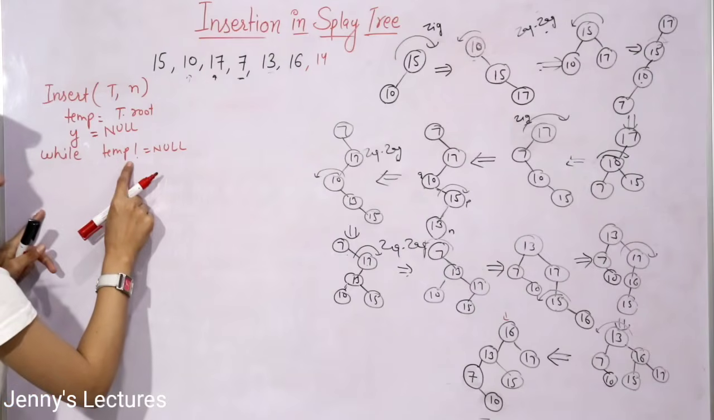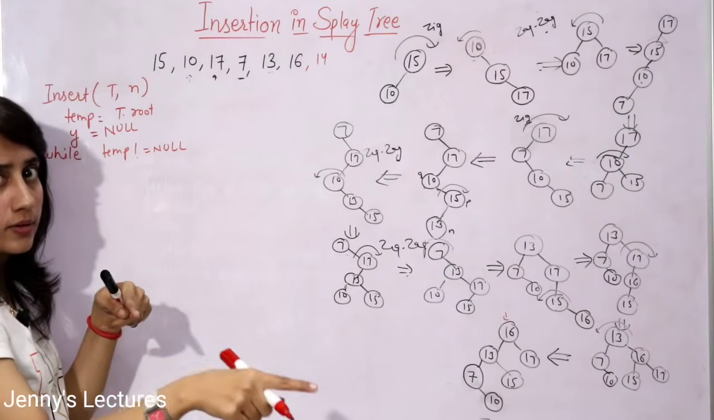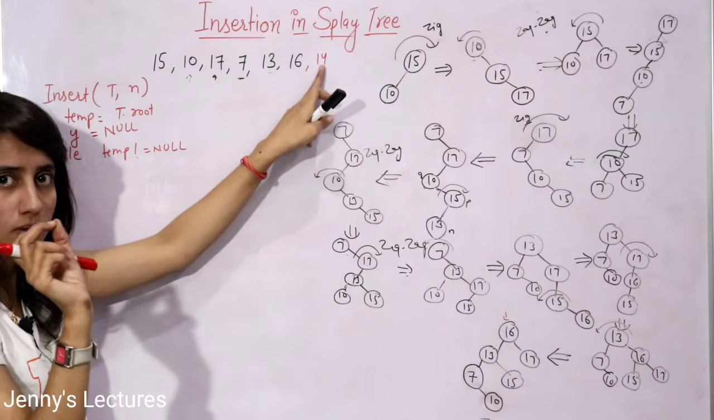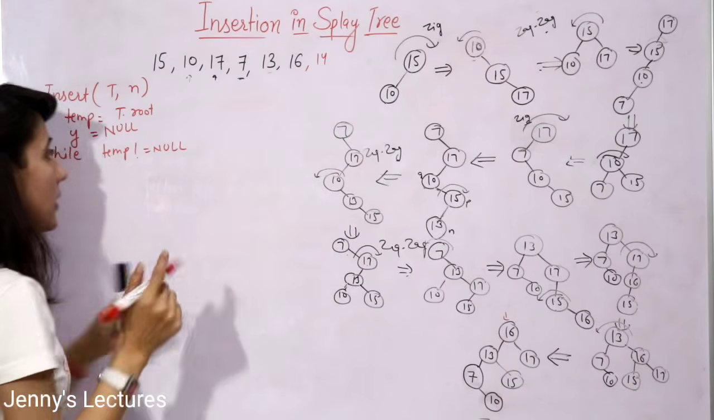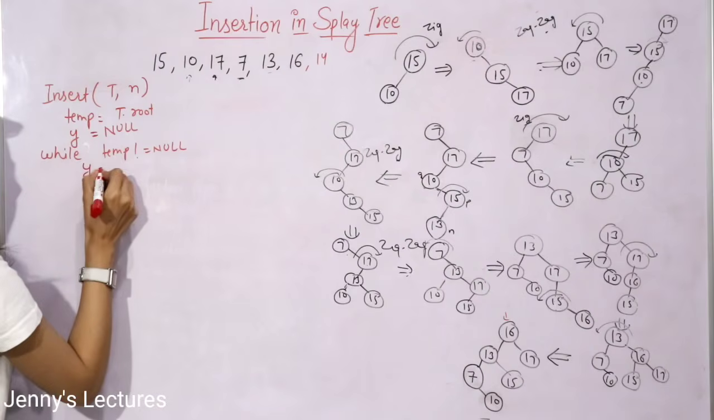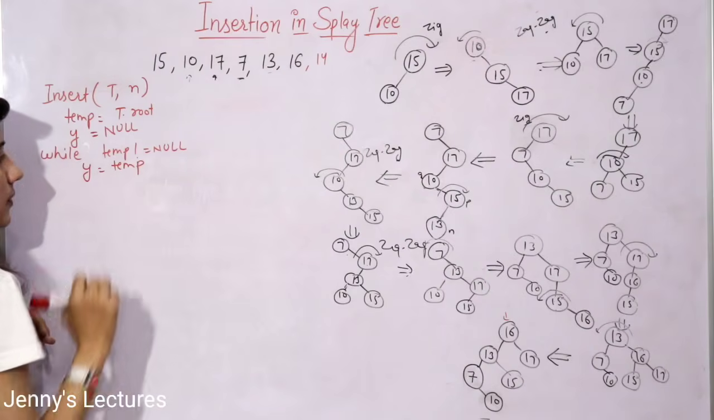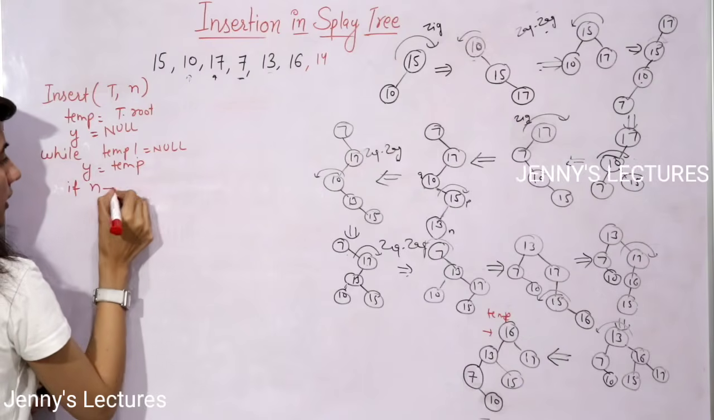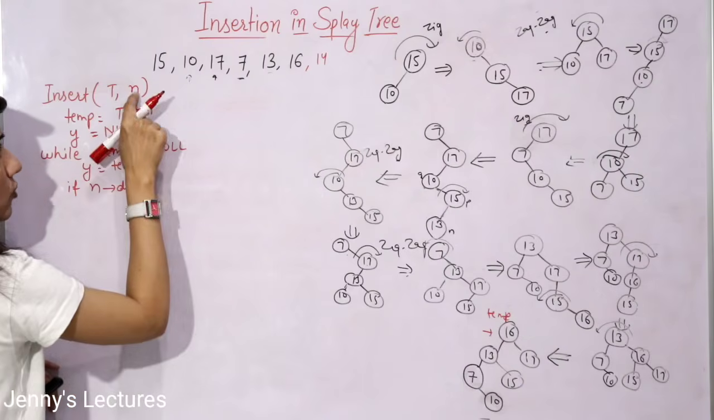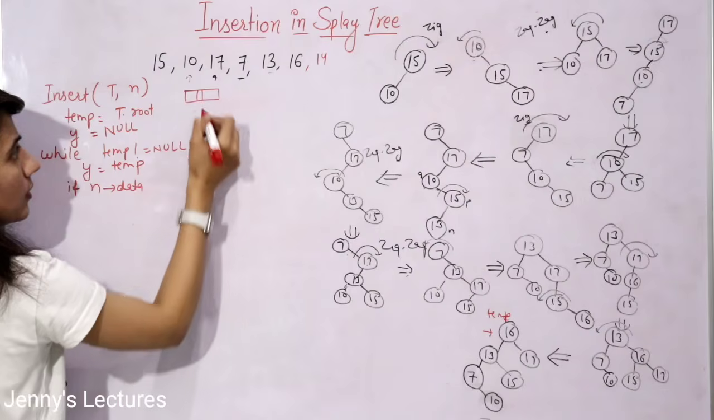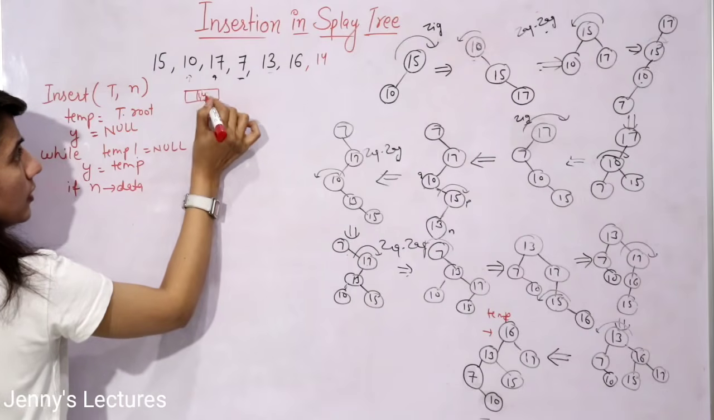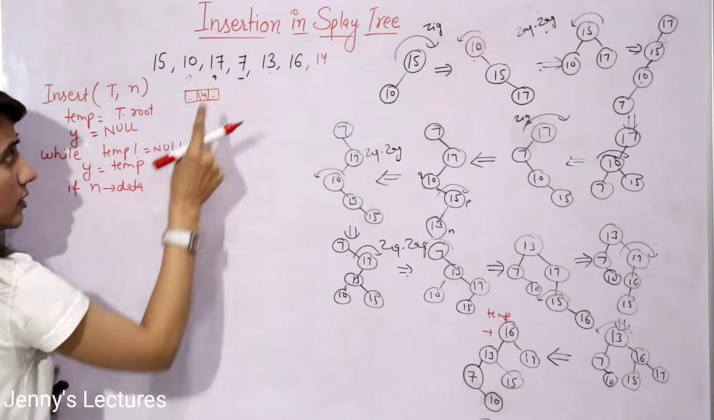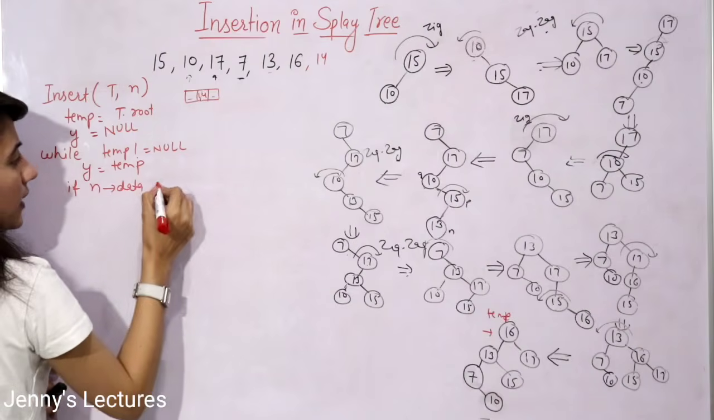See, till then we are going to move either left or right. It depends on the value you want to insert, right? So first of all you will set y is equal to temp. Now you will write: if the data you want to insert, that is n of data. See, n I have told you is a node and the data part is having 14. Here we have left pointer, right pointer. Now this is null, this is also null. So n of data is less than